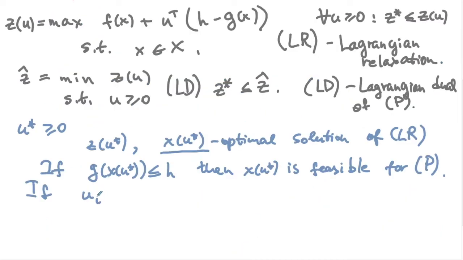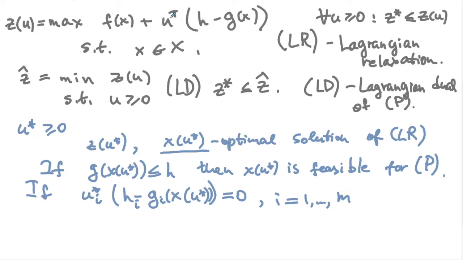If ui star multiplied by (hi minus gi of x of u star) is equal to 0 for every i between 1 and m,